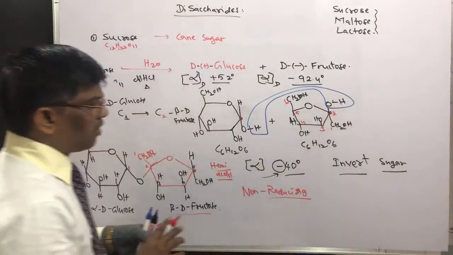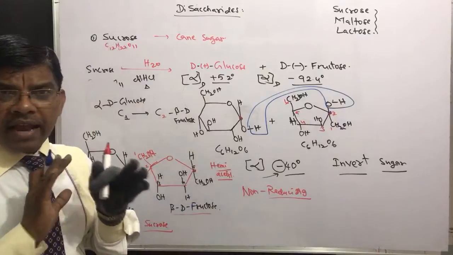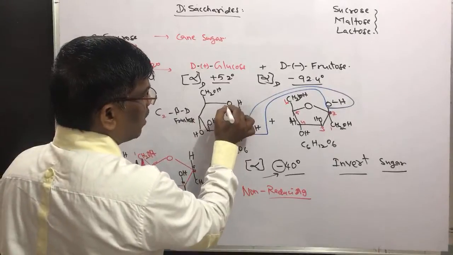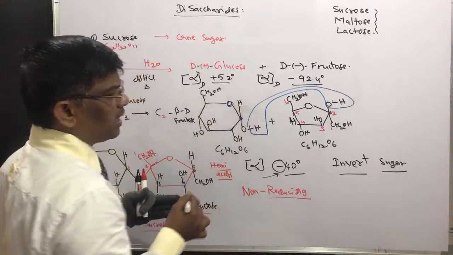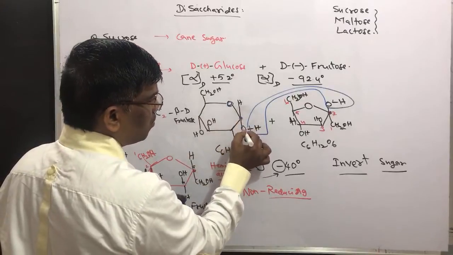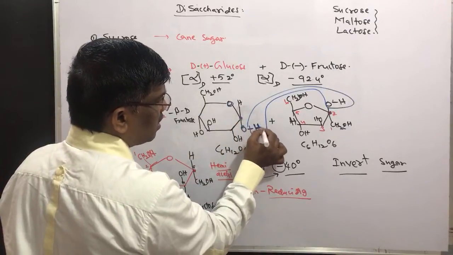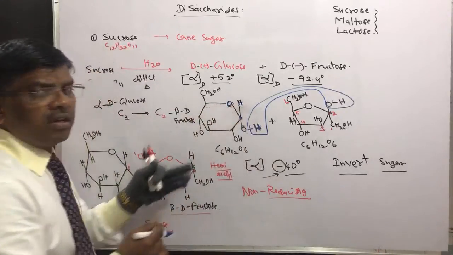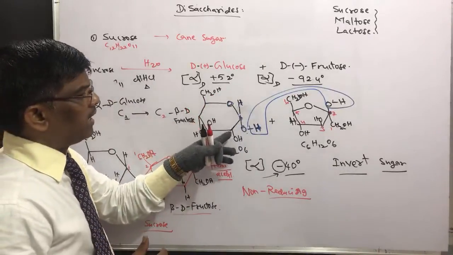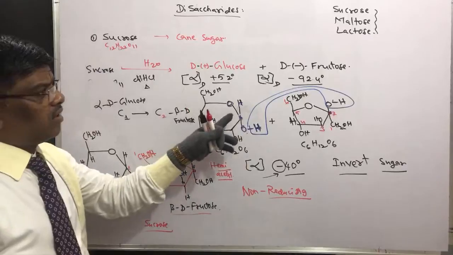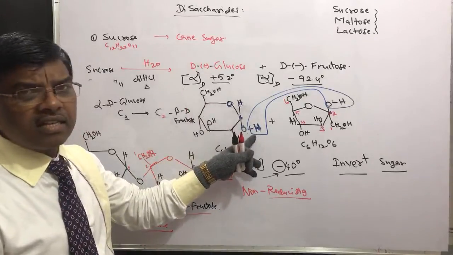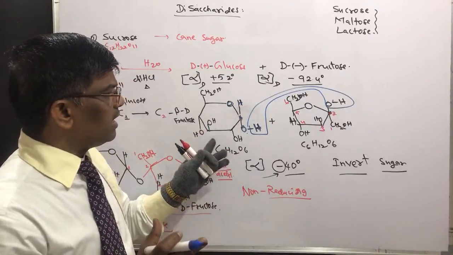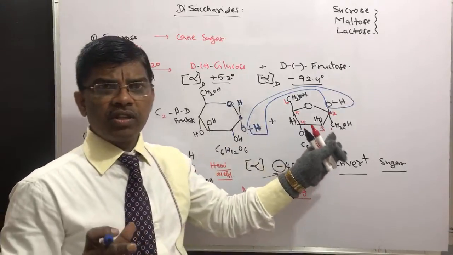Ketose also is a reducing sugar. What is the common factor? Blindly, if you see the carbon, one carbon having one side ether-like oxygen, and the same carbon must have a free hydroxy. When it is having ether and free hydroxy and the remaining is hydrogen, no doubt. The carbon which is going to have ether and hydroxy is going to give a reducing sugar. So glucose and fructose, both are reducing sugars.